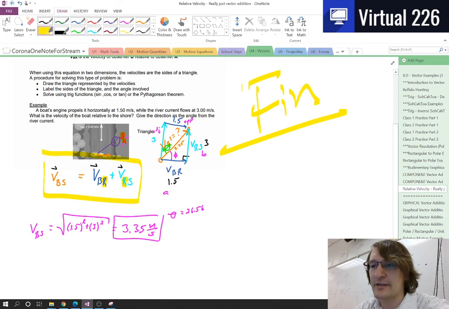At this point, it's just a matter of getting some practice, and soon we'll be able to move on to Unit 5, where we talk about projectile motion, because sea